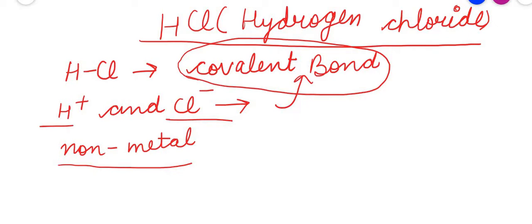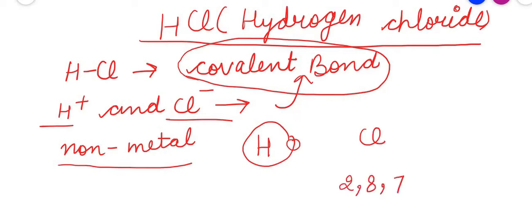That is the electron dot structure. If I talk about its dot structure, then this is hydrogen with one electron present in it, and here is the chlorine with an electronic configuration of 2, 8 and 7. If I talk about its valence shell, it always has 1, 2, 3, 4, 5, 6 and 7 electrons in the valence shell, and there is a sharing of these two electrons.